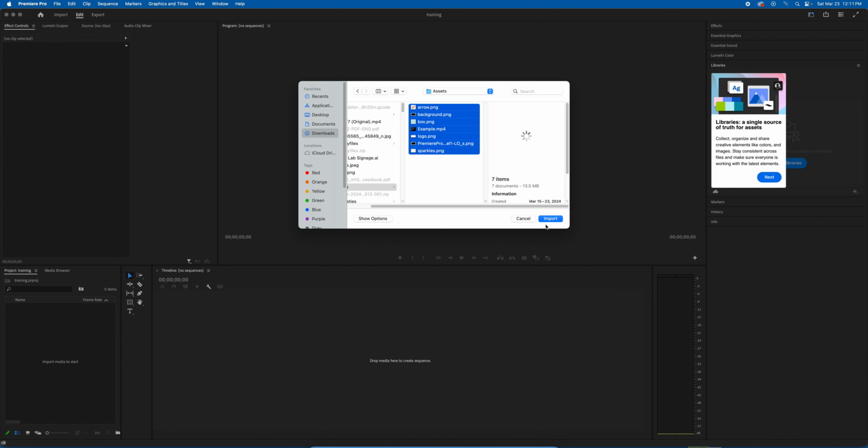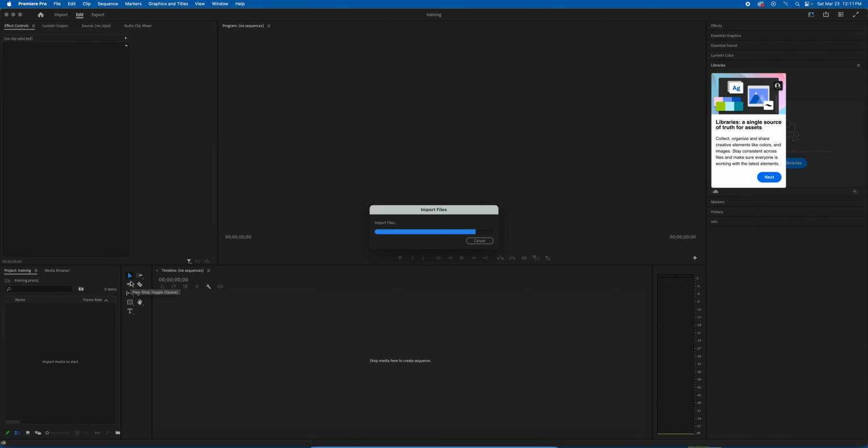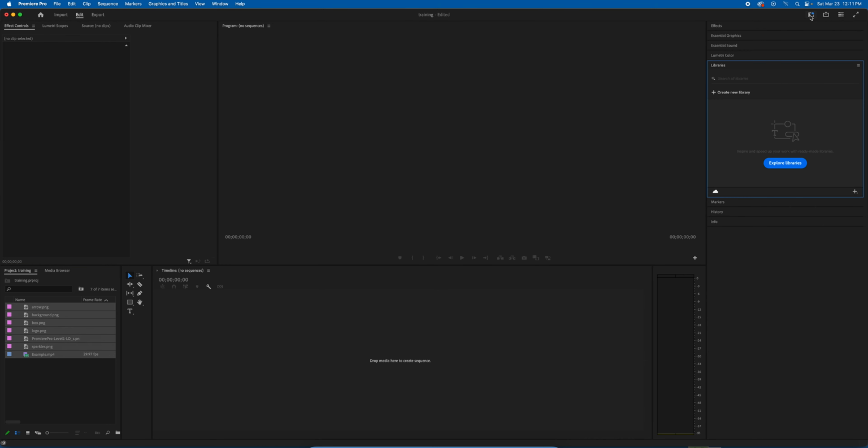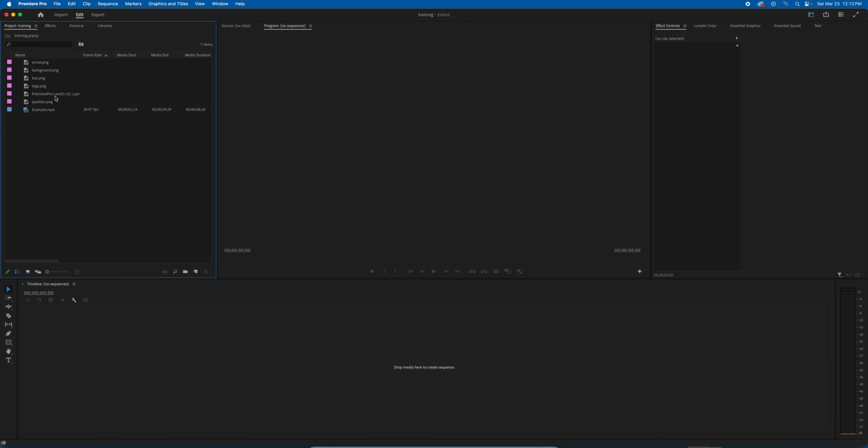So you'll need all of these. You just hit import, and then all of your files should be over here. So up in this corner, there's different workspaces just like in Illustrator and Photoshop, and we're just going to start in the Essentials workspace. So the first thing that we're going to add into our sequence is the background file,